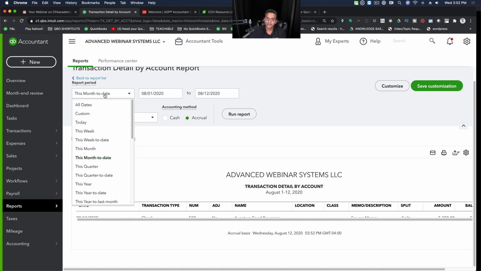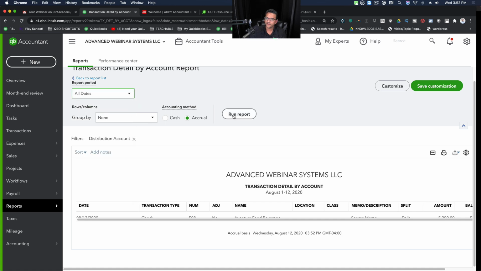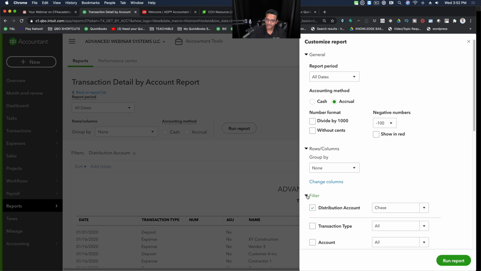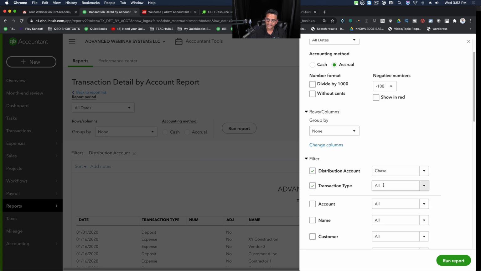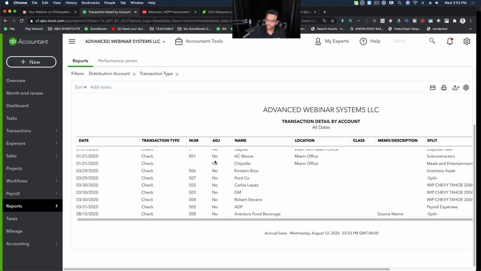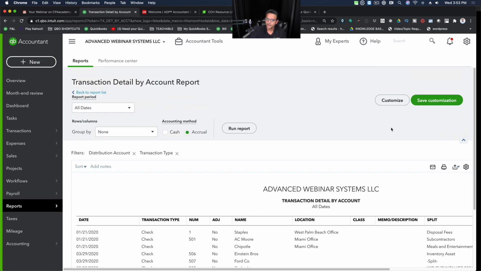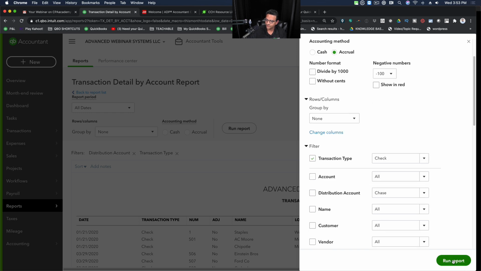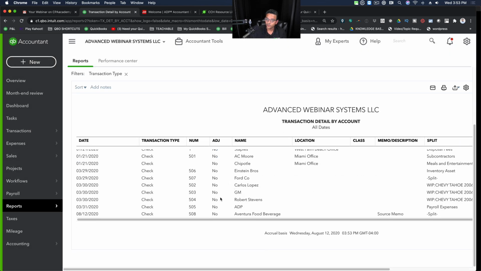Okay, and then I'm going to go into, let's do all dates here. And then I'm going to go into customize, and then I'm going to click on filter, and then go to transaction type. Same thing we did before, and did check, and then click on run report. So now you will notice that, let me just do customize report, and let's take away the distribution account and click on run. So you will notice that